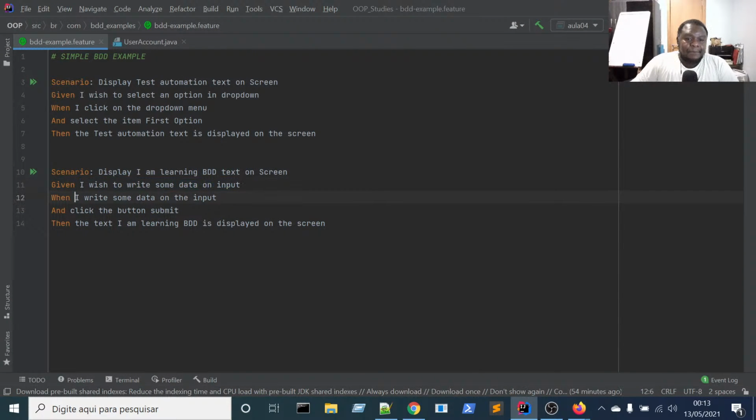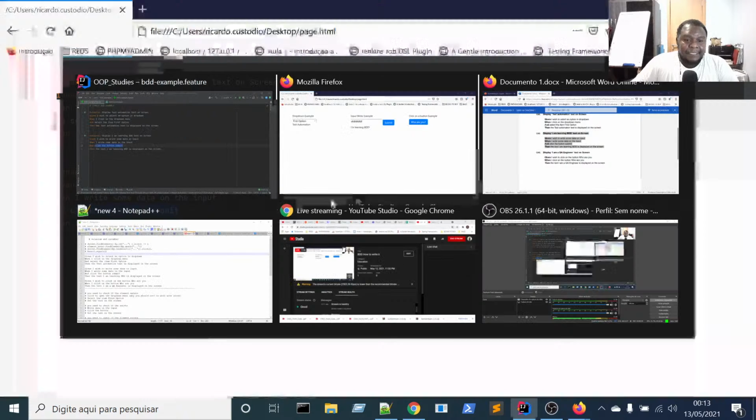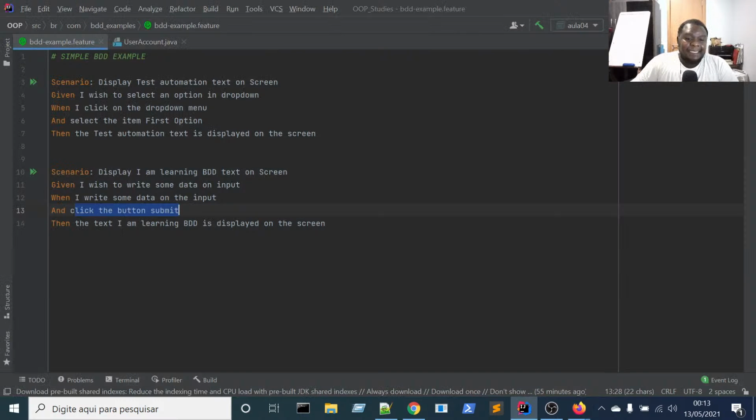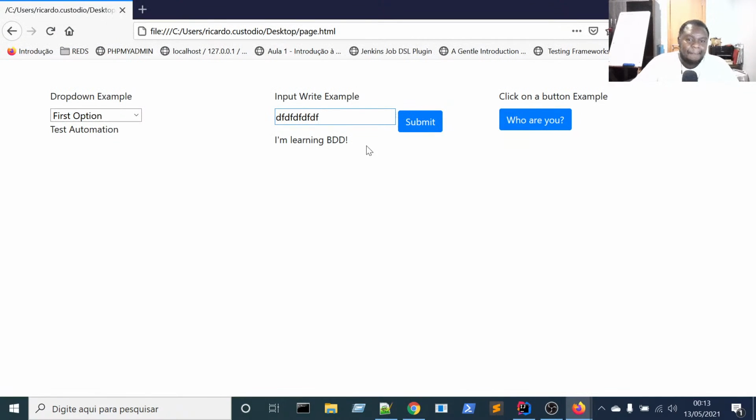And when I click on the button submit, you're going to create a method to click this button here, submit, and then the text I am learning BDD is displayed on the screen. You will write some method to get this text here that is written on the screen. Okay,